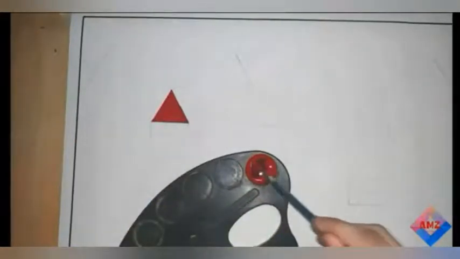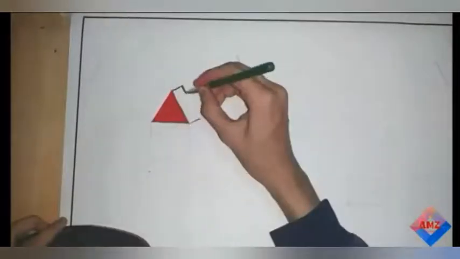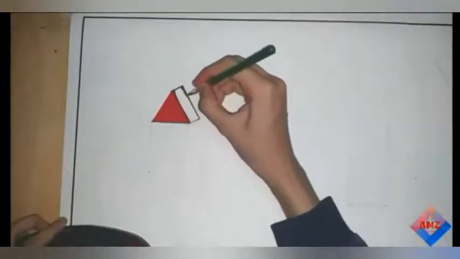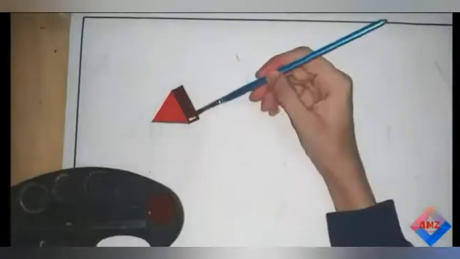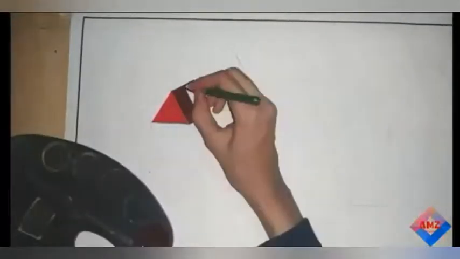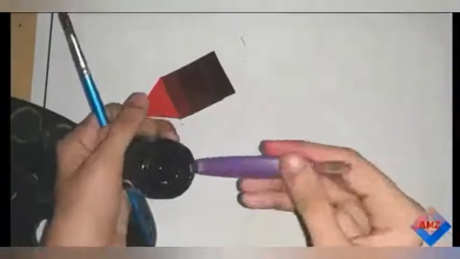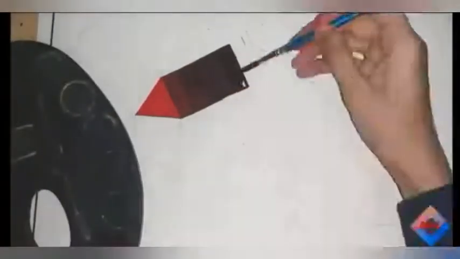Then you go further to paint another shape you've drawn. Remember, I said that you are to draw different shapes from the onset. So you just paint another shape of it with the color you've shaded. You would notice that by the time you continue shading with color black, it will get to a point that the particular color you've been using to shade will turn to black entirely.